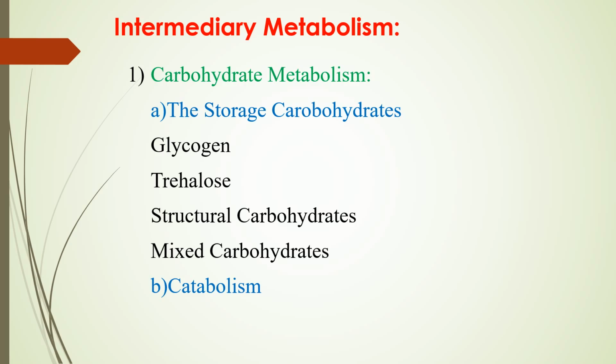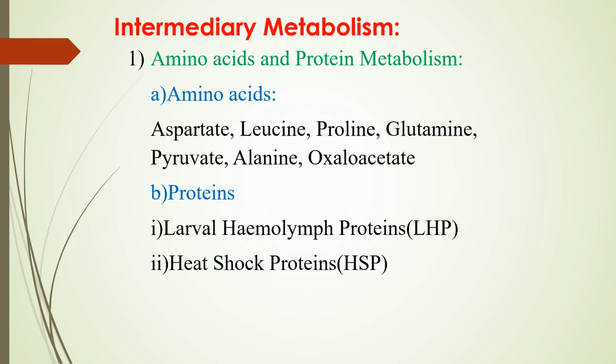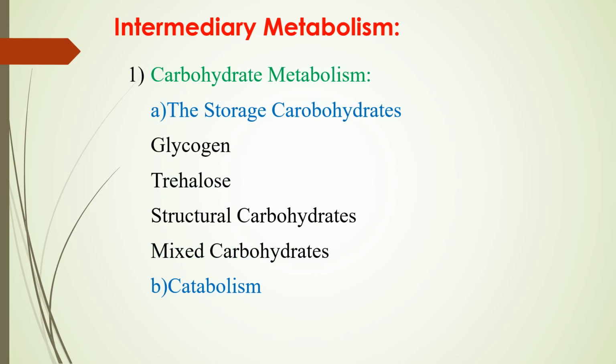Besides these types of tissues, flight muscles are extensively specialized for metabolism, which leads to energy production. This includes carbohydrate metabolism, lipid metabolism, and protein metabolism. Now, first, what about carbohydrate metabolism? Carbohydrates are involved in energy storage and structure, while conjugates form glycolipids as well as glycoproteins, and they participate in various physiological processes.